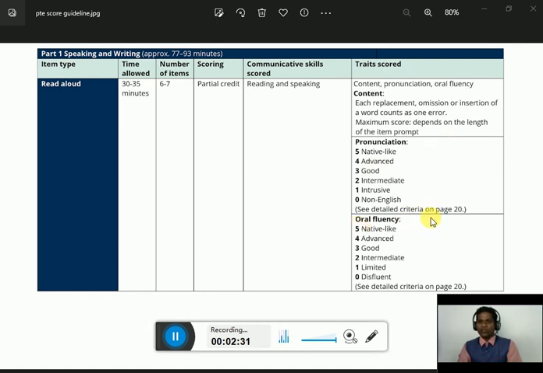Another rule is oral fluency. In oral fluency, whatever you speak in front of the computer in the real test exam, you need to maintain fluency. Your speaking fluency must be 90. It means whatever you speak, you should speak without mumbling, without fumbling, without taking lots of pauses. If you mumble, if you fumble, if you take lots of pauses, it means your speaking proficiency is not good enough for the PTE exam. So whatever you speak, you should speak smoothly and continuously. If you speak continuously, then an energetic bar will be formed in the computer and the computer will give you the marks.